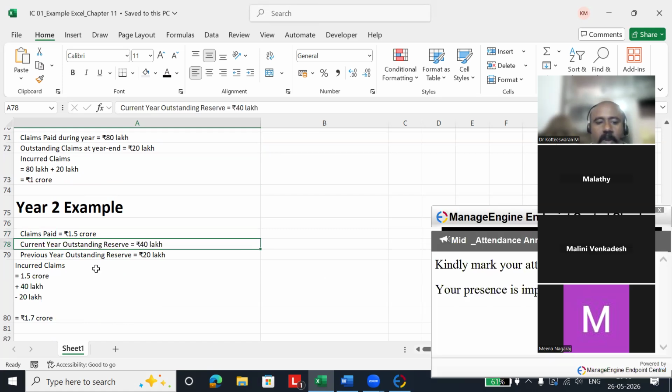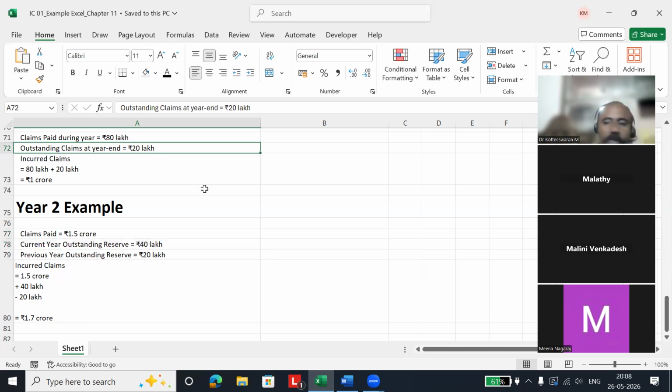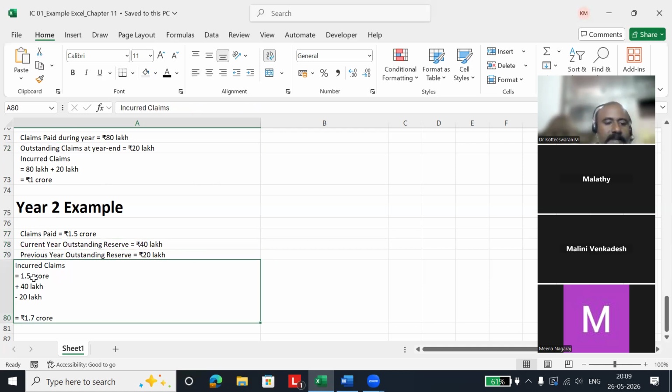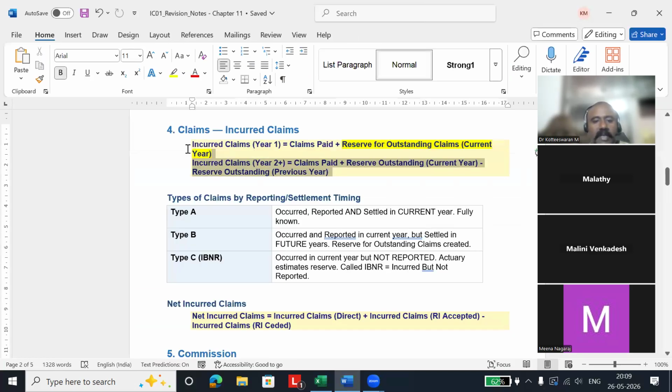So I am going to keep 1.9 crores as claims. But there is another component in this. From the previous year I have kept 20 lakhs rupees extra. So that extra amount I kept, I can use now when I make these 1.9 crores claims. So I will minus that used amount. So every year, the amount set aside in the previous year, we have to minus this year. So 1.5 crores plus 40 lakhs minus 12 lakhs. So that is 1.7 crores. So this is how I am going to account the claims.